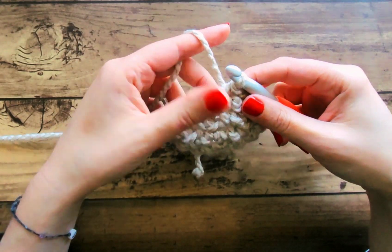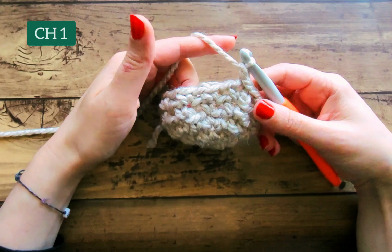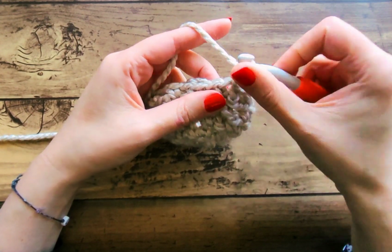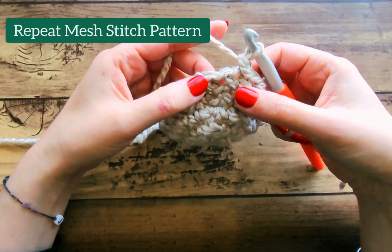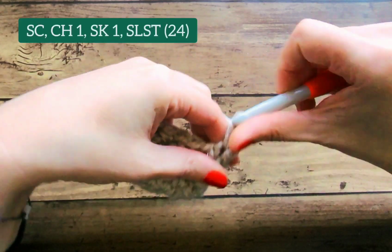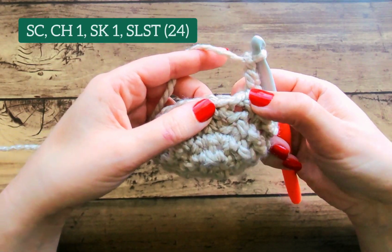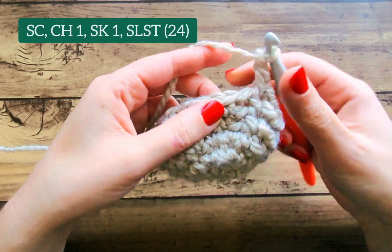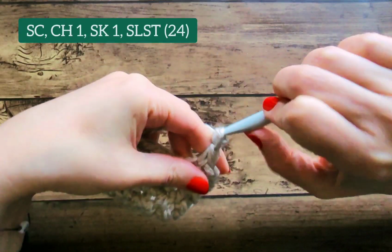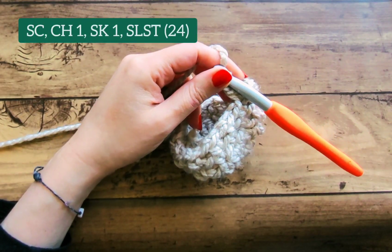After your slip stitch here, we will chain up 1 to start round 3. And here it's just going to be a repeat pattern. We're going to do the same thing for round 3. We will single crochet into this very first stitch right there, chain 1, skip 1, skip that chain there, single crochet into the next, chain 1, skip 1. So this is round 3, and we are going to repeat this for rounds 3 through